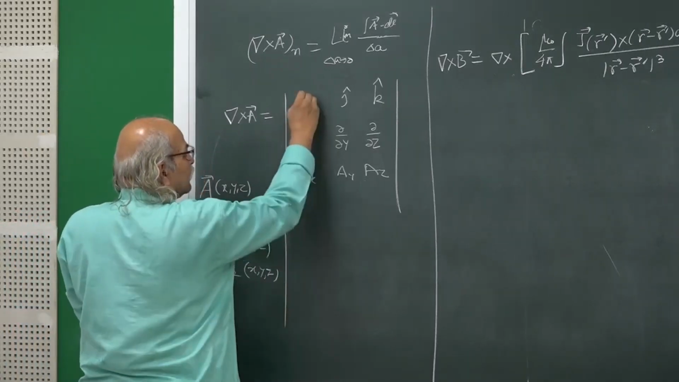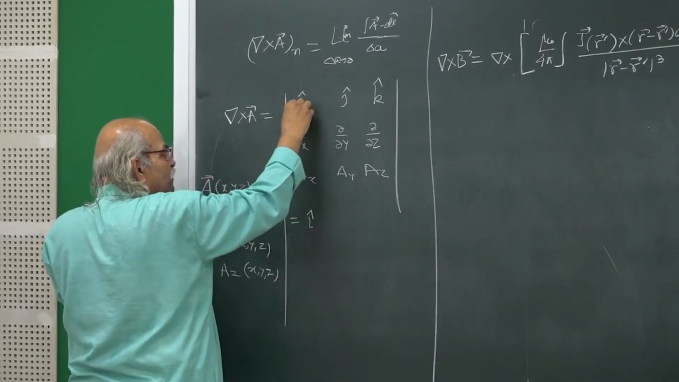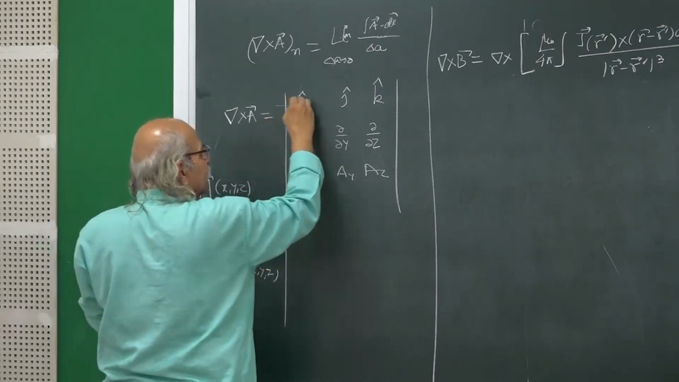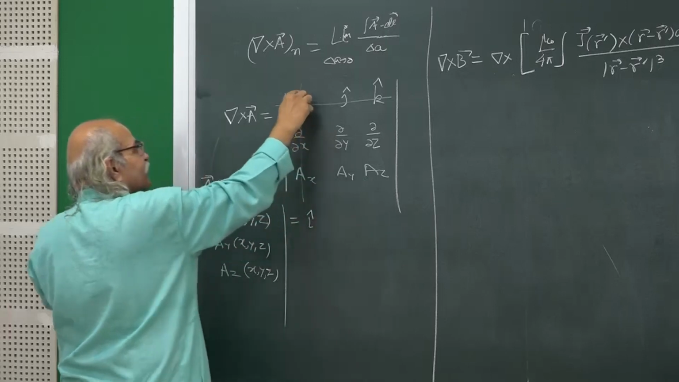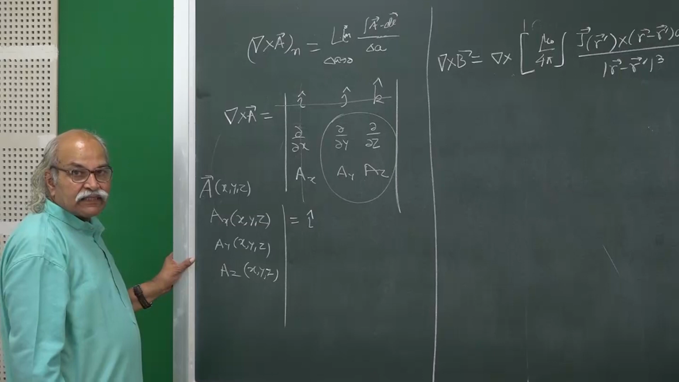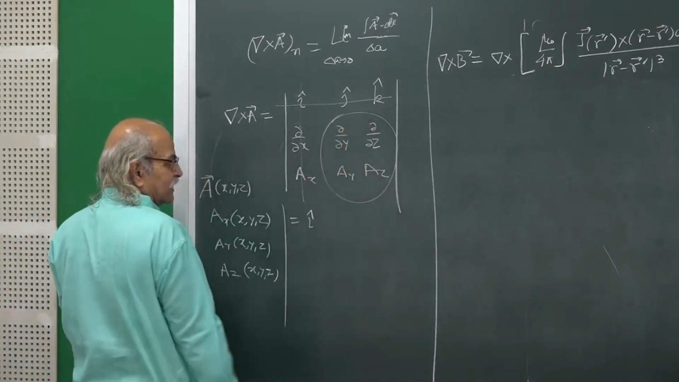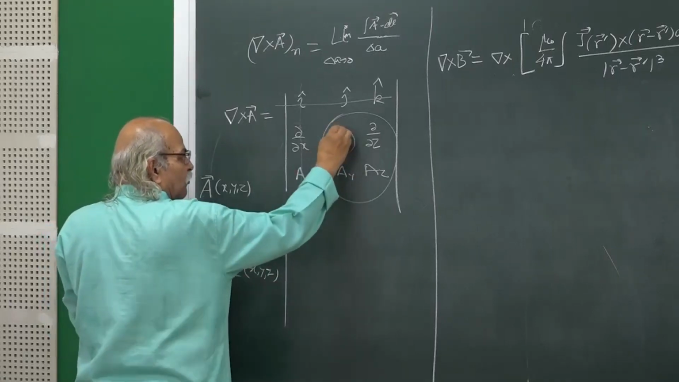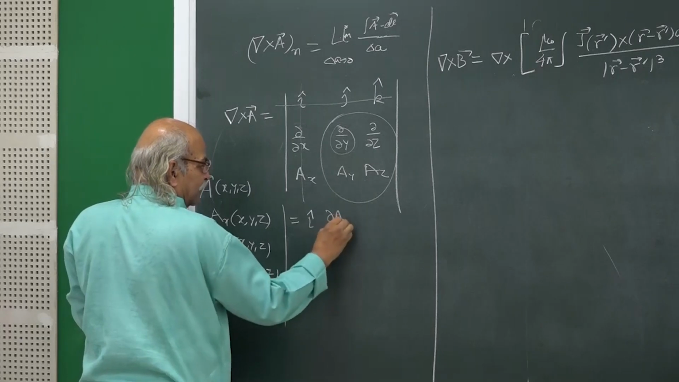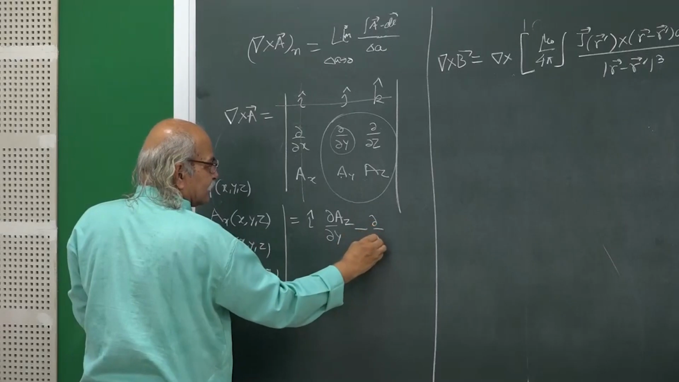And this determinant is equal to i cap. You write i cap, and then mentally you omit the column containing i cap and the row containing i cap, and then you are left with this. You write this, then this, and put a minus sign in between. So, del y of Az minus del z of Ay,